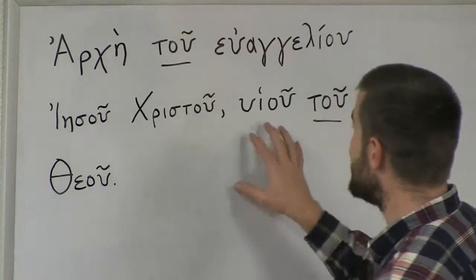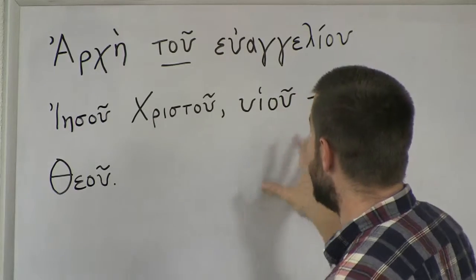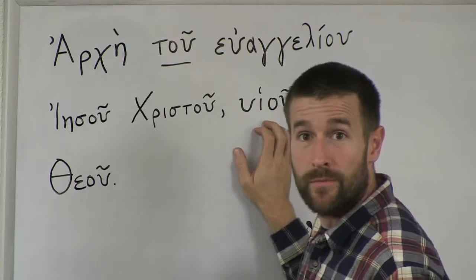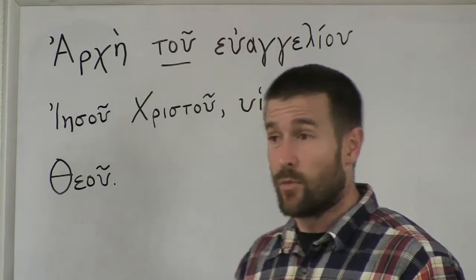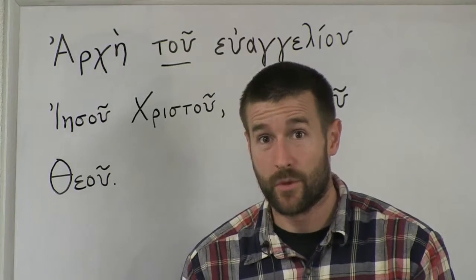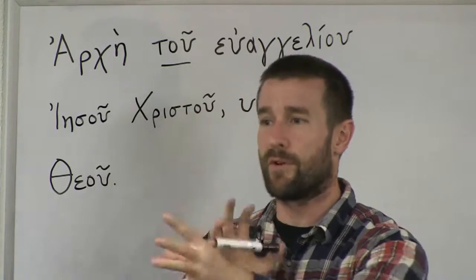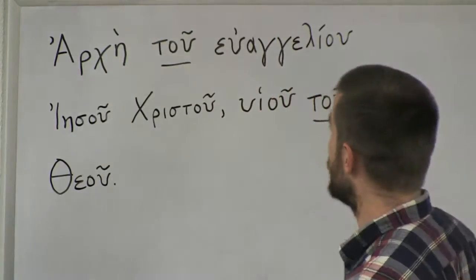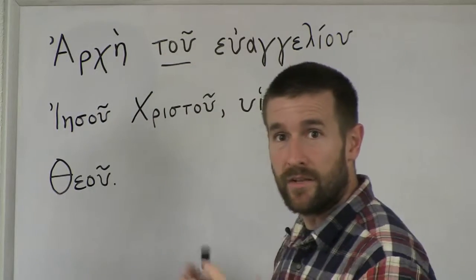All right? And again, we see a different use of the word the in Greek than we would use it in English. Okay? Because in English, we say the Son of God. So we would have a the in front of Son. Okay? Tu theou, of the God, we wouldn't put a the in front of God there. We wouldn't put a the in front of Jesus Christ. But there was a the in front of Jesus in John 14:6. So just remember that the word the is used differently in Greek than it is in English. It's just not the same language. It's just two different languages. So don't let that bother you that the word the occurs differently. It still has the identical meaning in Greek as it does in English.